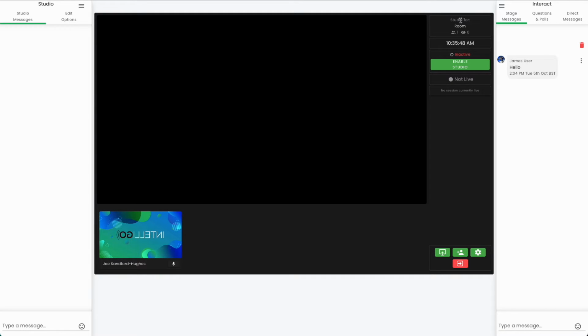On the right here, we've got some information about the studio. For one, we have got how many people are in the studio, how many people are watching. We've then got the current time. At the moment, you can see that the studio status is inactive, so you can enable the studio here. Enabling it does not necessarily mean that people can see it. It just means that the studio is enabled and ready to go live when there is a studio session active